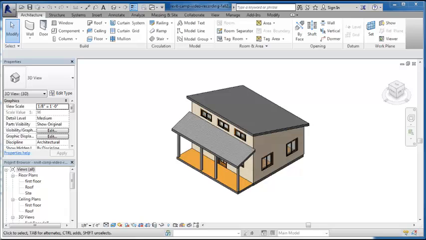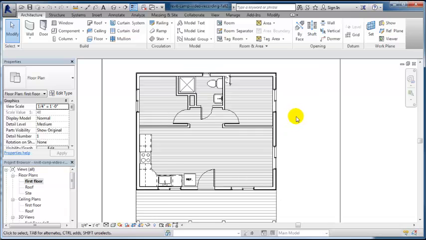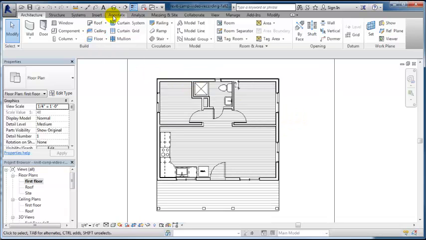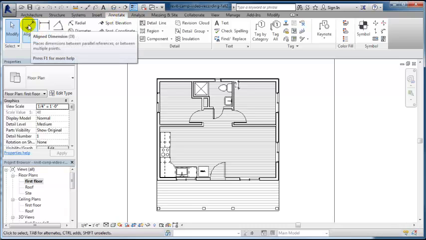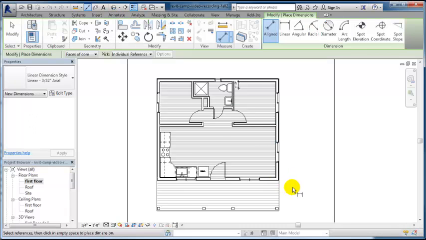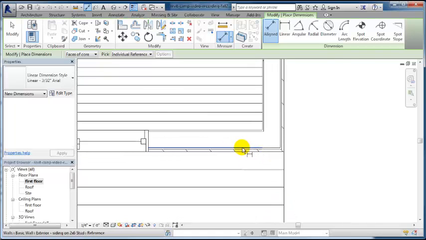Now that we've completed the model, we're going to add our annotation. Go to the floor plans and double click on first floor. We're going to be adding linear dimensions, so we'll go to annotate, choose the aligned dimension tool, and starting from the outside face of stud,